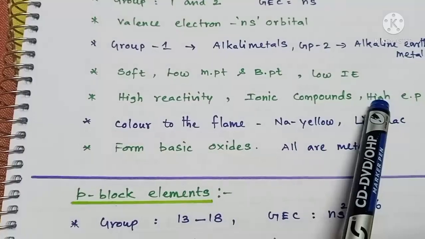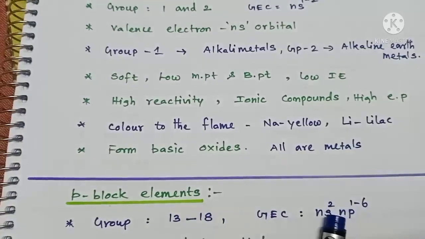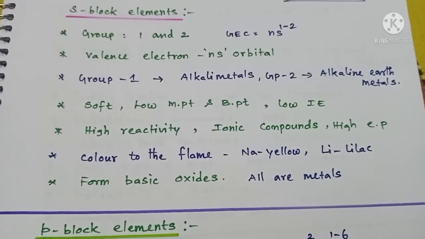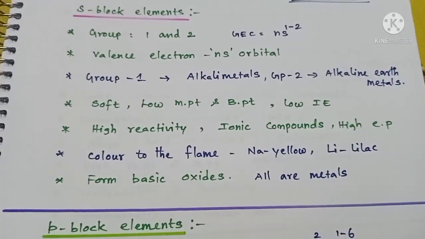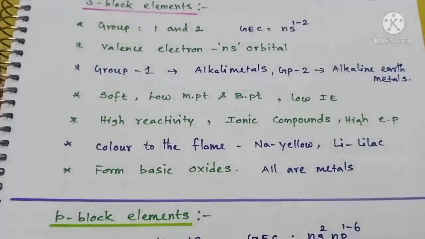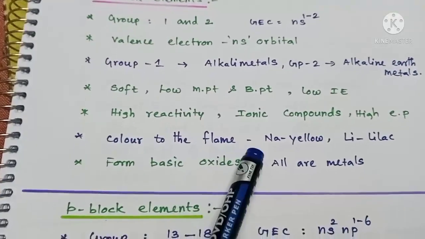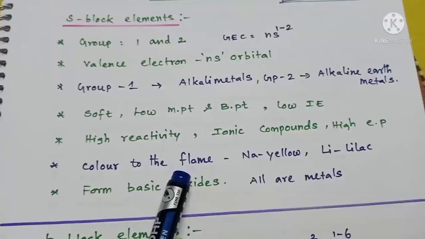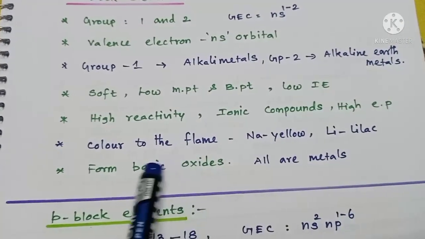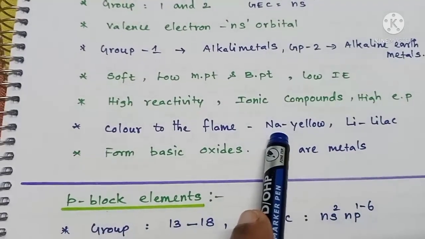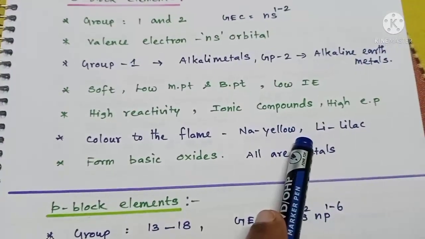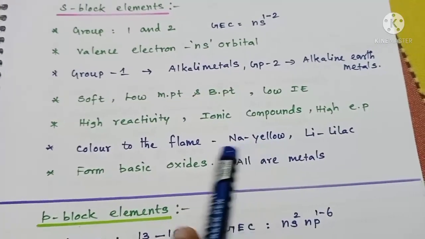They are highly electropositive. Electropositive nature is nothing but the tendency of losing electrons. So alkali metals and alkaline earth metals are highly electropositive in the sense they are ready to lose electrons, and they impart color to the flame, which means when they are heated in a Bunsen flame, they may give colors. For example, sodium gives yellow color, whereas lithium gives lilac, calcium brick red color, you know that, isn't it?